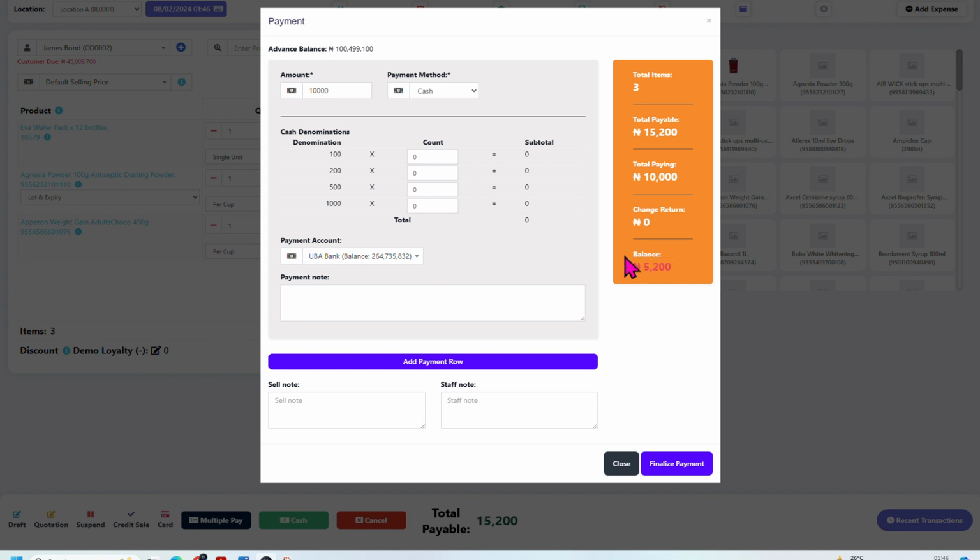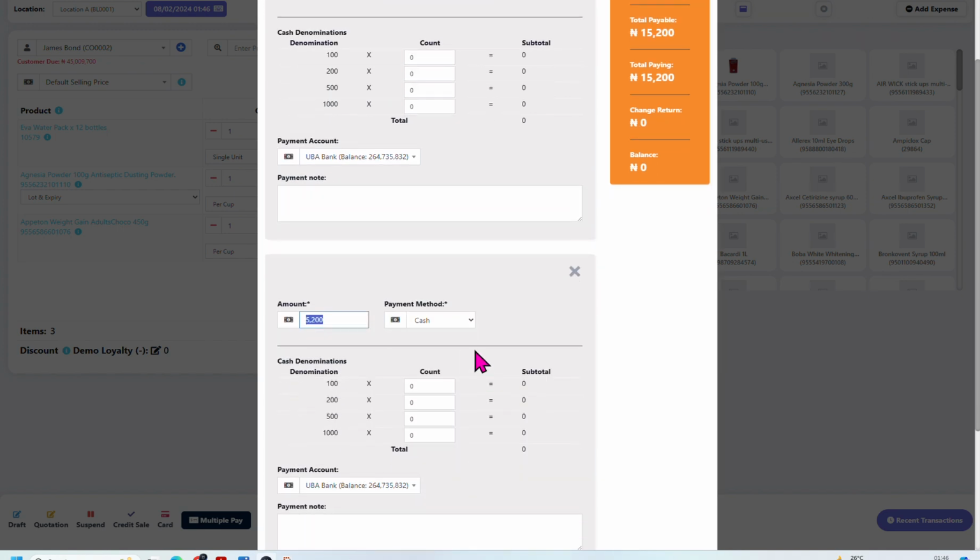as the next option. If he's paying with cash, I can help by putting the denomination of the cash here if I want. Again, it's not mandatory. Just to help calculate how much the client paid, so I don't have to stress myself and check. And I've put 10,000. There's a balance of 52. The client wants to do a POS transaction. I click on Add Pay. It opens and I select